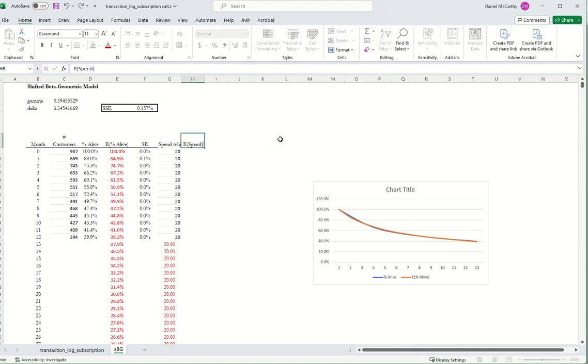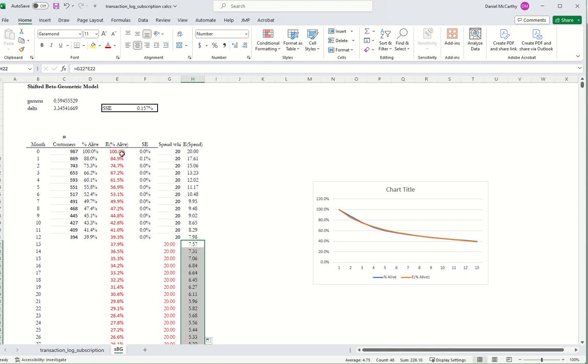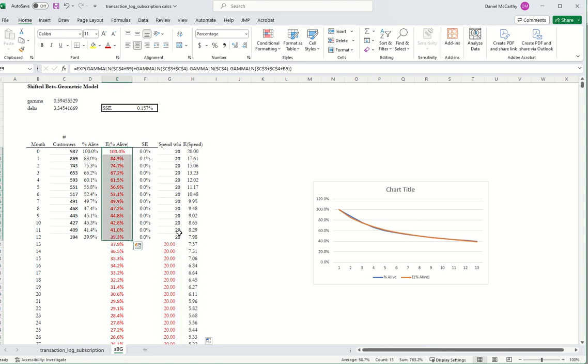So the expected spend is going to be the actual spend while alive multiplied by the proportion of the cohort that is alive. Now, we've already observed the first 12 months of data. So for the first 12 months, we are going to use the actual retention curve. But starting in the 13th month, we don't have actual data. So we're going to take the projected AOV and multiply that by the expected proportion alive. Thankfully, you can see these lines are just right on top of each other. So it's not going to be a big difference whether we use the actuals or the expecteds,